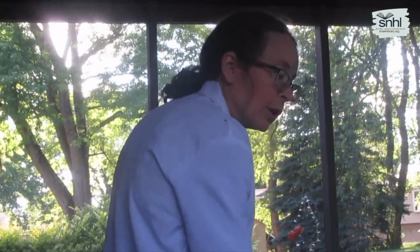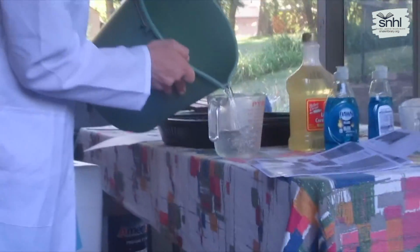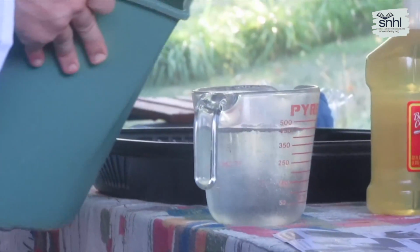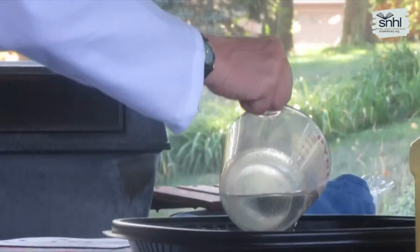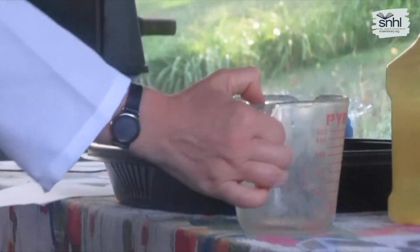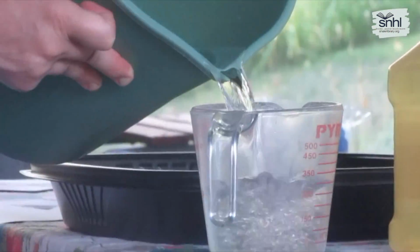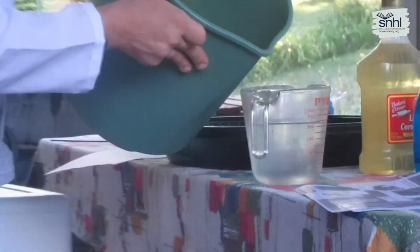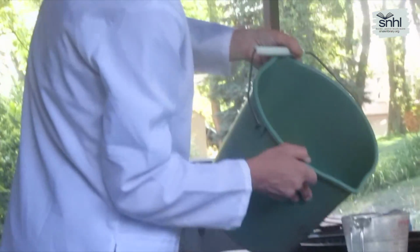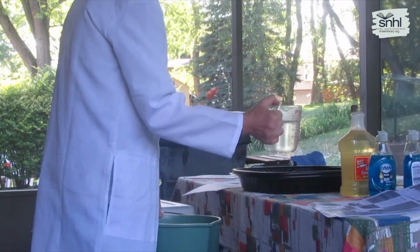So we are going to start out with, let's see, we're going to do 15 1/4 cups. So for big people out there, that means 2 cups of water, and then almost another 2 cups, 1 3/4 cups of water. I can't always see it when I'm pouring it, so I have to stop and check. You want to make sure that you are measuring as you go. And that looks to be about 1 3/4 cups. So that's our 15